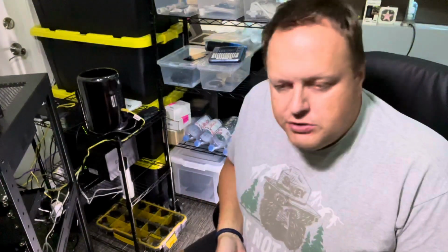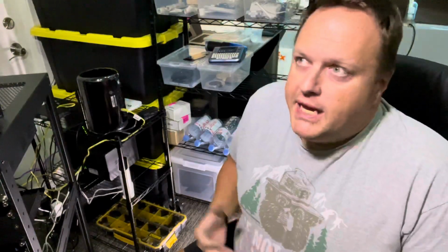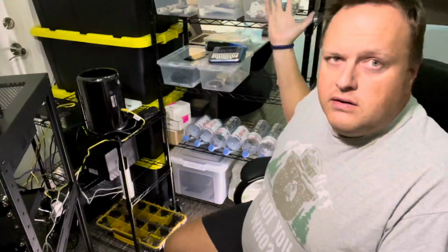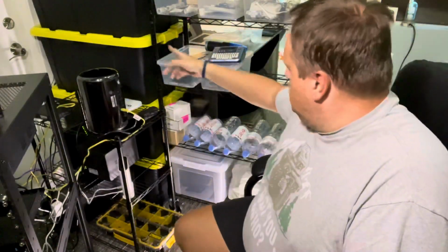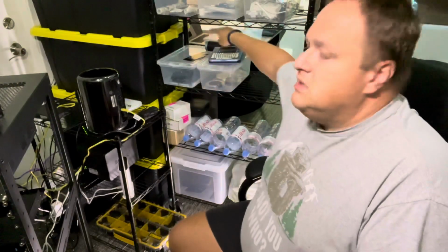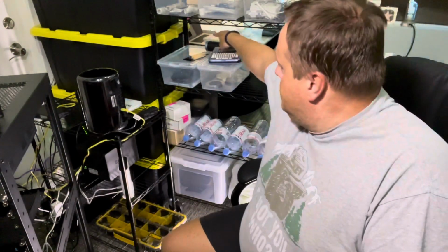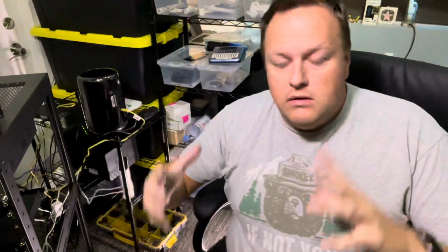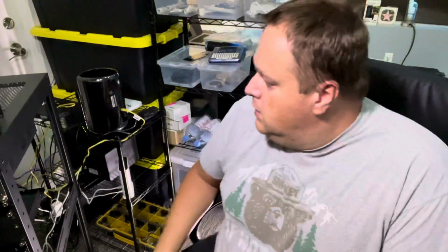If you find yourself in a situation where you want to study, say, the CCNP, or take a Cisco certification like the CCNA or any of the other ones, and you find yourself surrounded by an astronomical amount of gear, which you can see there's quite a bit here, boxes filled with stuff, and there's a Cisco Catalyst switch that's clean back there. There's a Cisco Catalyst switch over here on my desk. There's a Netgear switch here. There's a Netgear switch up there. You get to the point where you're like, oh my God, it's insane. And what do I do? Well,